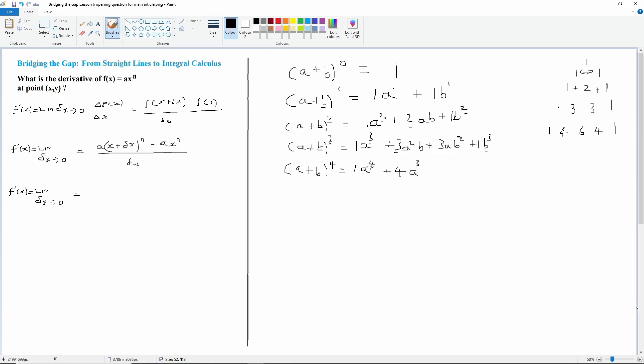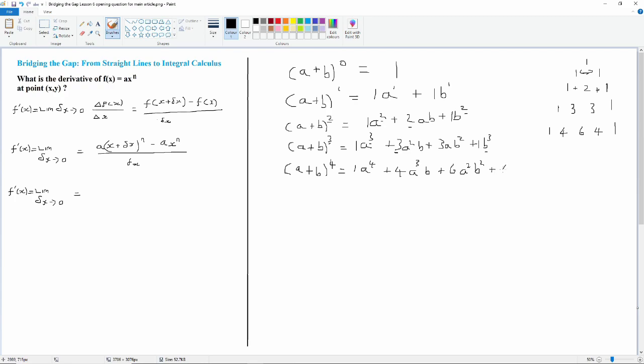Now you'll note that the a's index goes down by 1 each time, and the b's index goes up by 1, so that could be considered b to the power 0, and now this is b to the power 1, and then plus 6 times a squared b squared